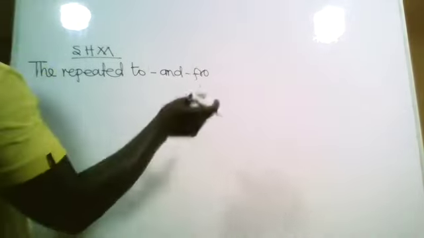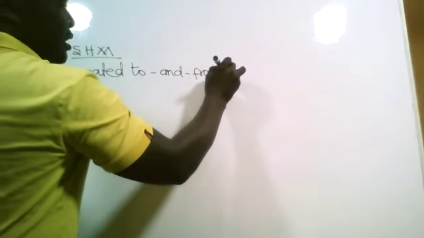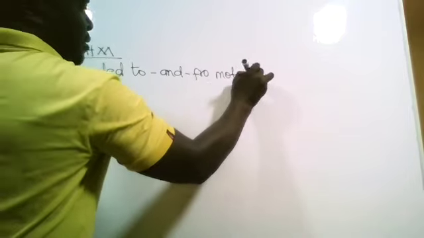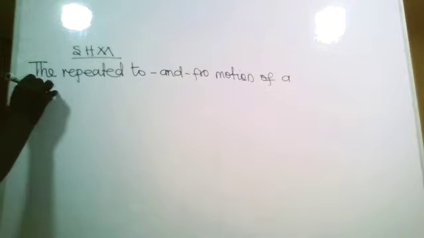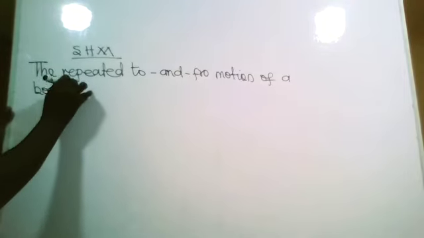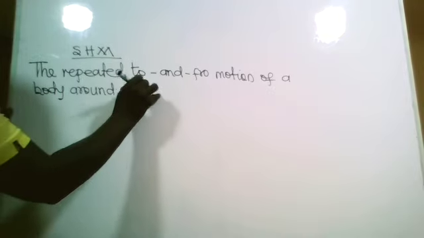Instead of to and fro, you can also use up and down. Motion of a body around a fixed point